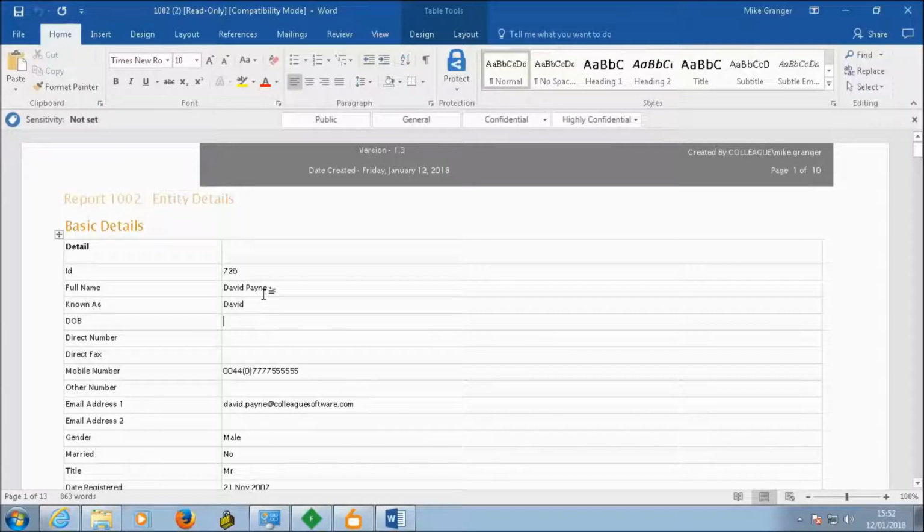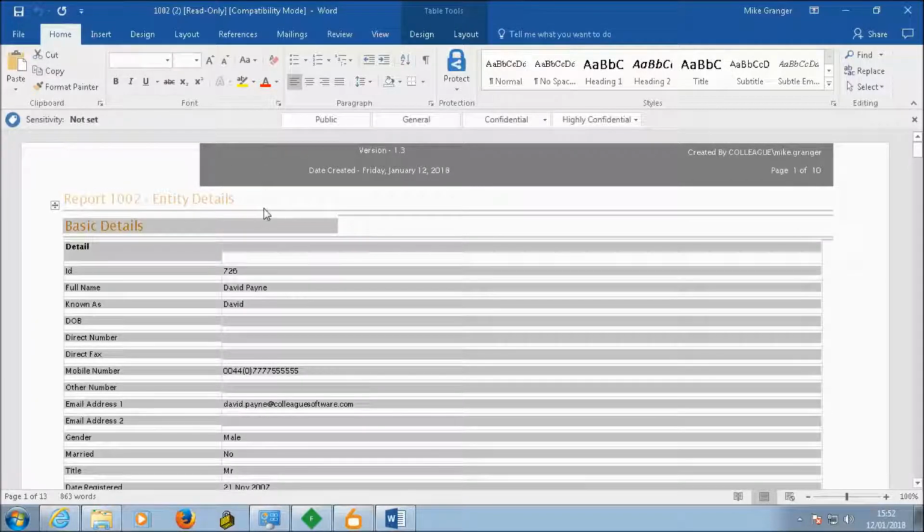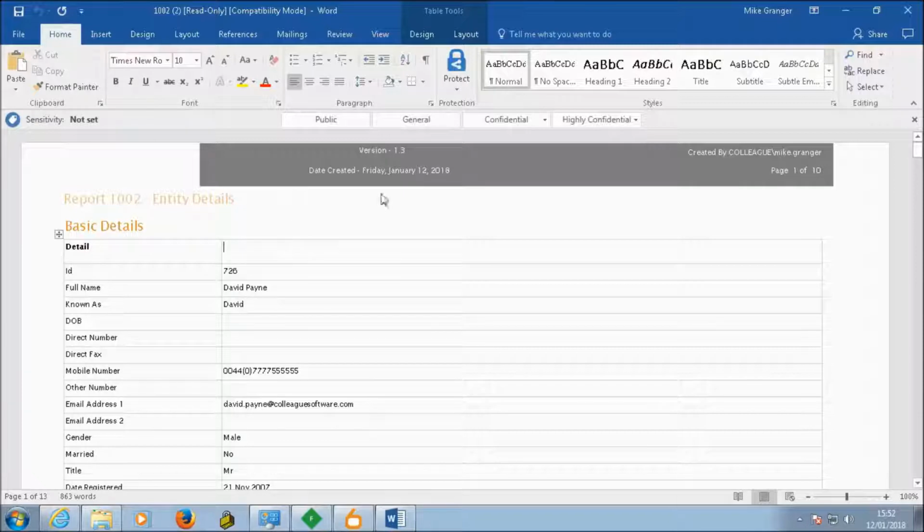But there will be an element of needing to brand this yourself, applying your logo, perhaps removing some of the report-related displays, just so that it's as you want it to be before sending it on. So we'll close that down,